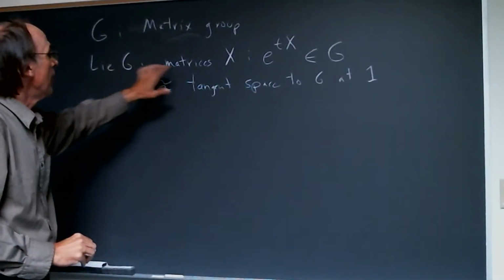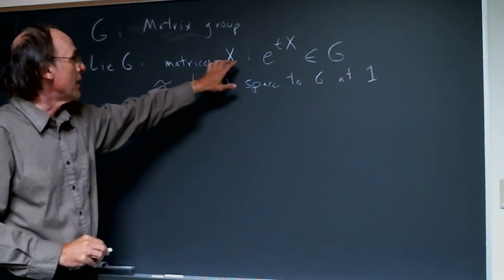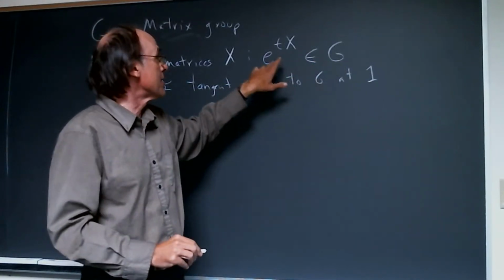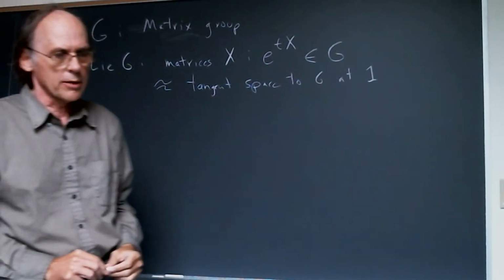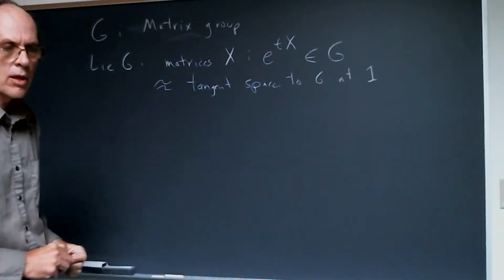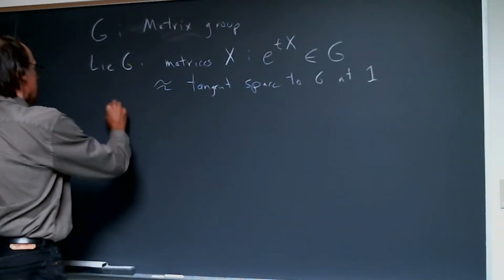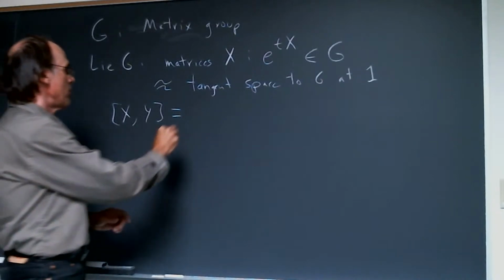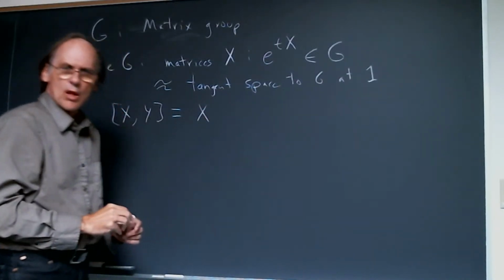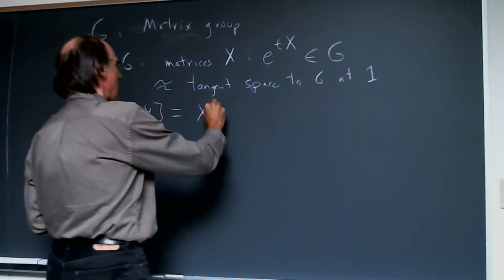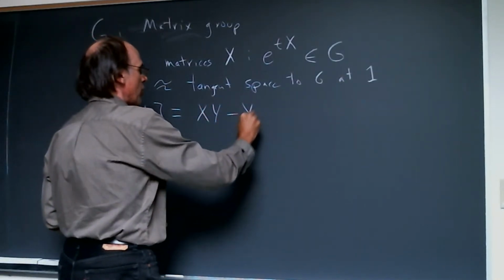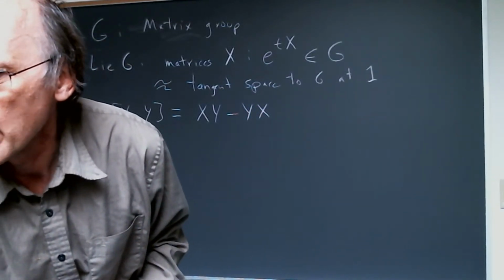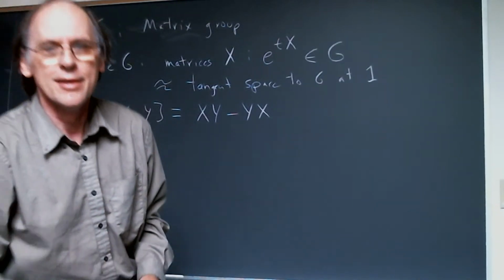The tricky aspect of this, the extra structure that comes in here, which reflects the fact that you're dealing with a group, that these things lie in the group, is the so-called Lie bracket. And here the Lie bracket is just the commutator. It's the thing you get by multiplying the matrices one way and then the other way and subtracting. Okay, so